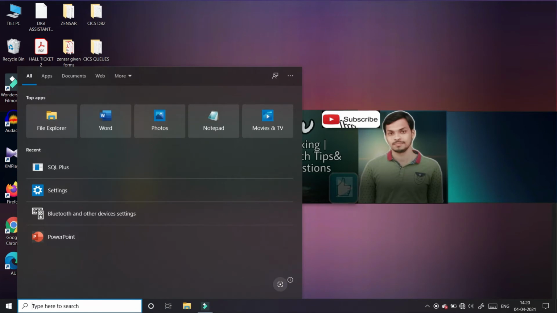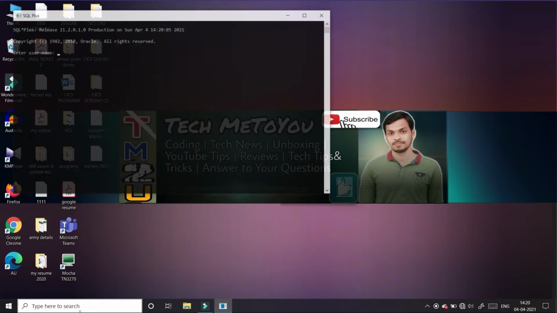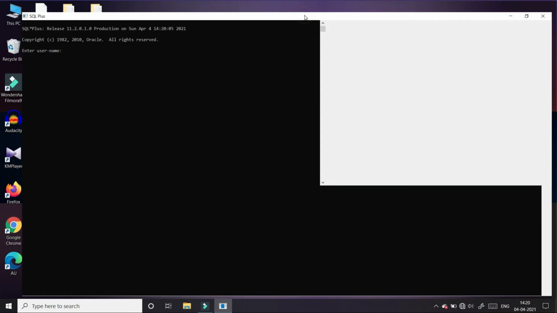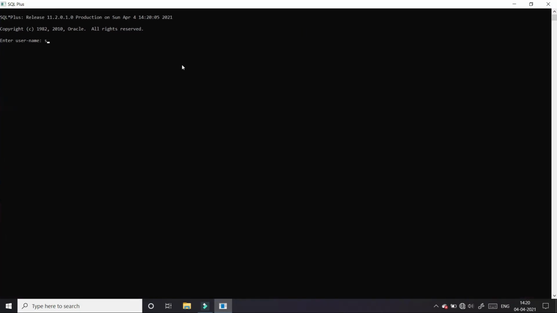First of all, open your SQL command line. Log in with your credentials. After the connection is established, now we are going to create a table in the Oracle database. In the PPT, I already said the syntax to create a table in the database. Now I am showing an example of how to create a table.